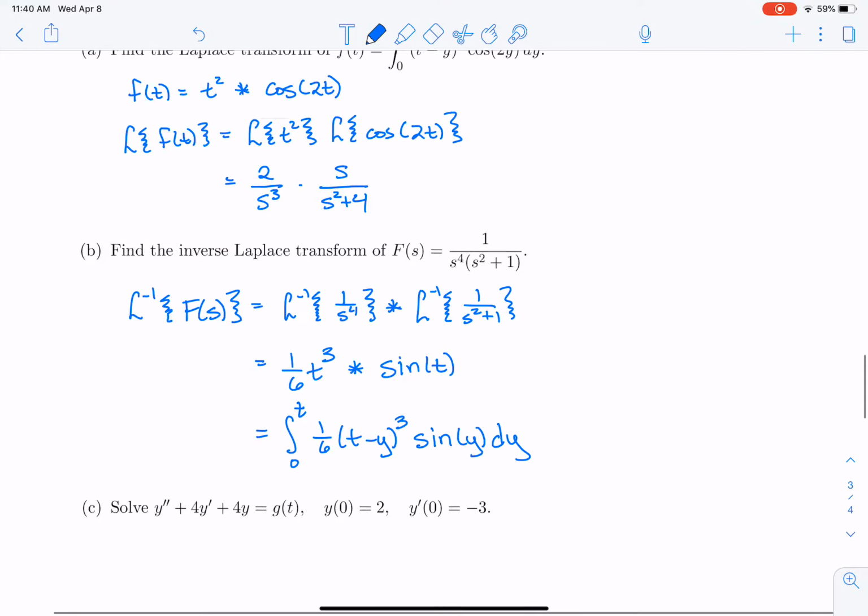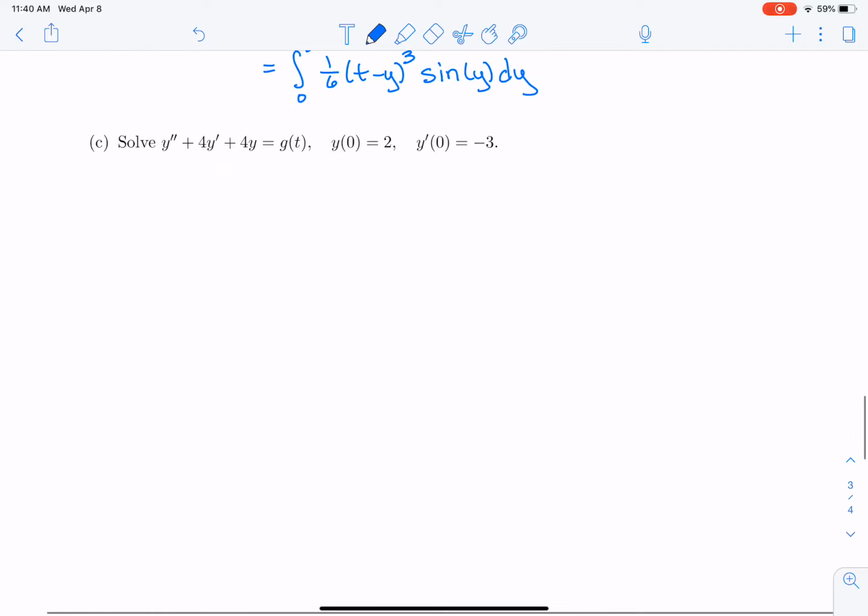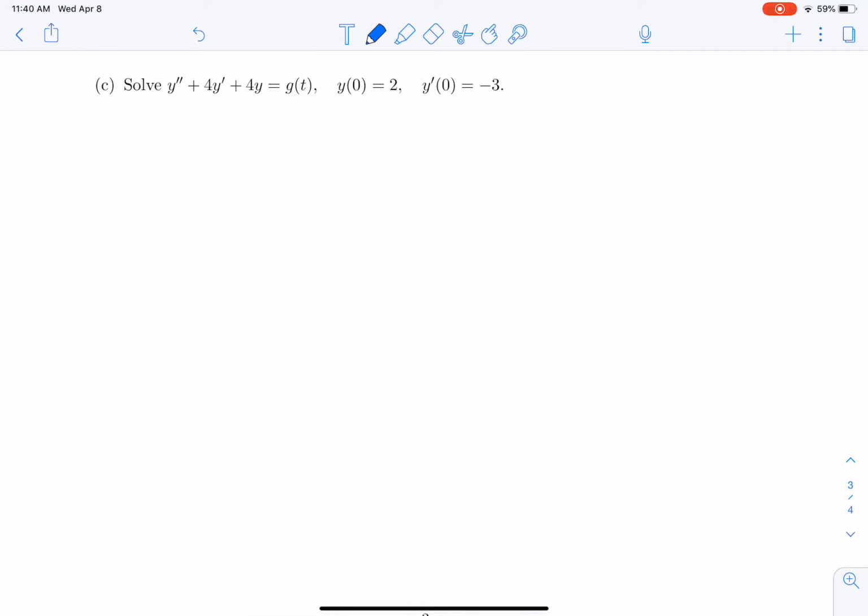Okay, so let's finally look at solving a differential equation this way. And so I have y double prime plus 4y prime plus 4y equals g of t, where I haven't specified g of t. And I'm doing that on purpose. I want to find out, what does the solution to this equation look like for all sorts of possible forcing functions g of t? Well, I'm going to take the Laplace transform of y double prime